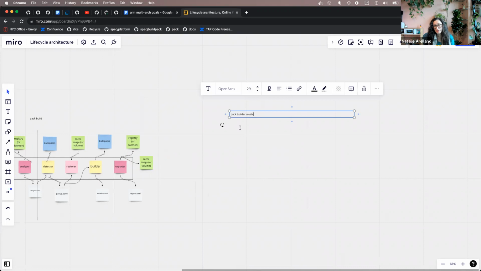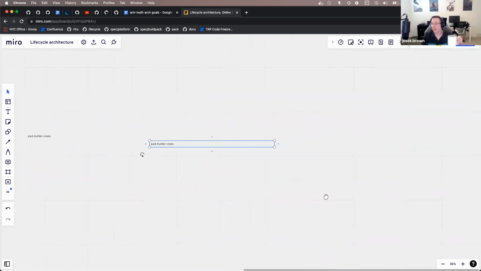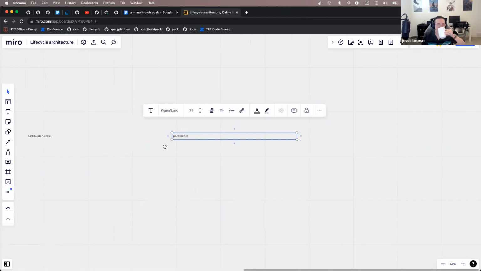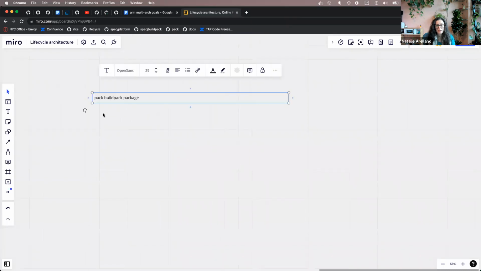Actually, even before we go to Pack builder create, it might be useful to talk about Pack package. Yeah, I was about to suggest that we should talk about how buildpacks are packaged, because they're also OCI artifacts, or can be. I don't really know the best way to illustrate this visually, but let's try.